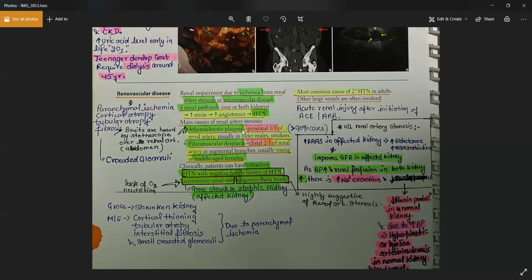If they tell you that the stenosis is in the distal two-thirds, that means they're talking about the fibromuscular dysplasia. This condition will be found in middle-aged females. You're having alternating areas of stenosis and alternating areas of aneurysms in the artery. So for the distal two-third blockage, fibromuscular dysplasia, FMD. For the proximal, it will be atherosclerosis. If the patient is having atherosclerosis, then the patient will be having a high turbulent flow there, right?